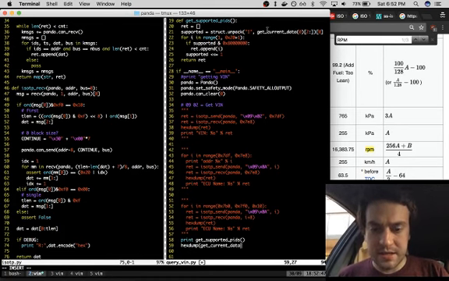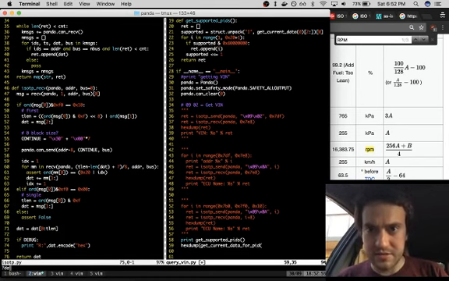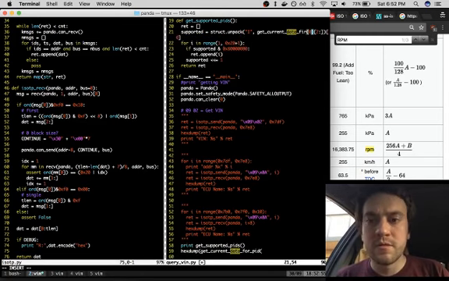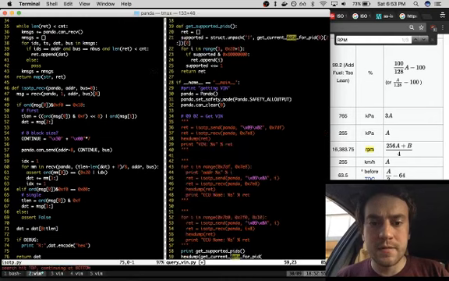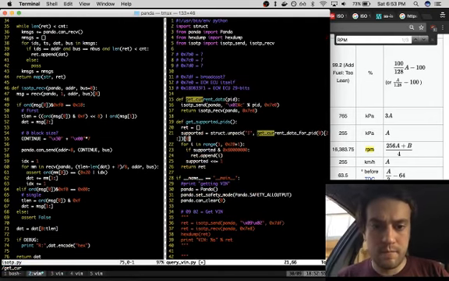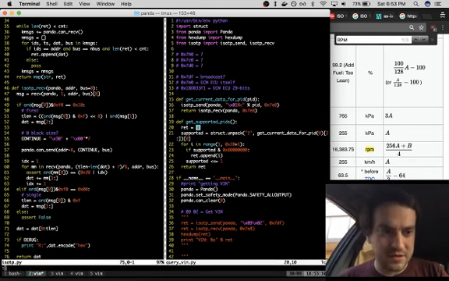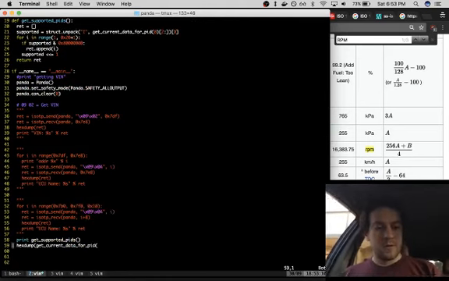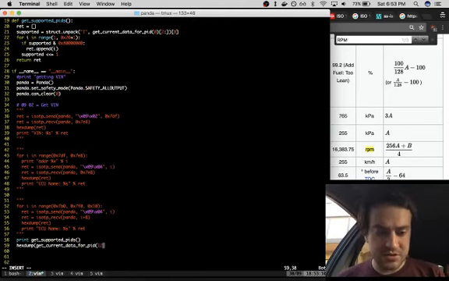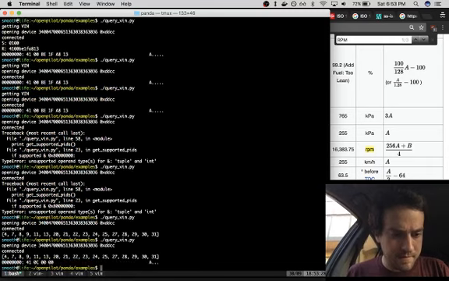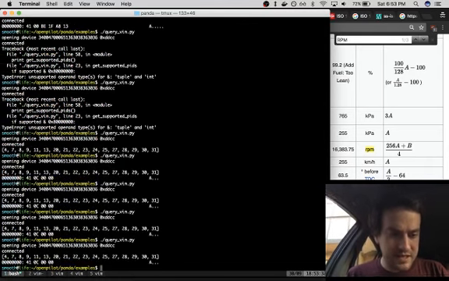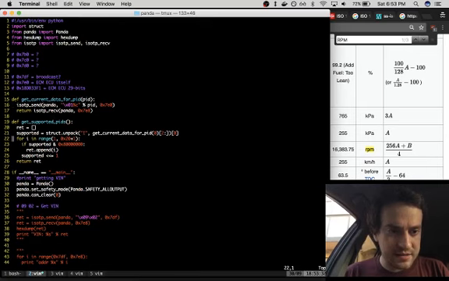Let's try hex dumping, get current data. I should probably call that for PID so I remember. For PID. For PID. Is that a lot of characters? No, I'm only 68. I don't need this anymore. Get current data for PID. Yeah, well, let's try. Okay, so 12 should be the engine RPM. See, like, it says it's not supported, and yet